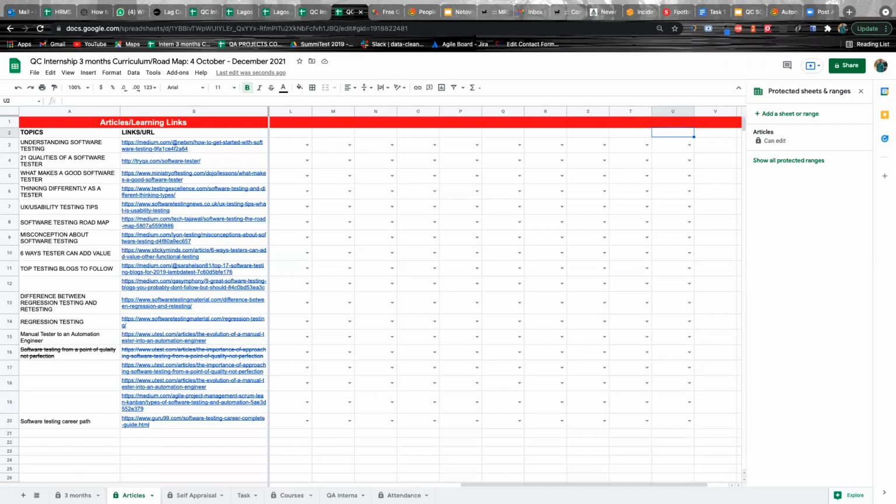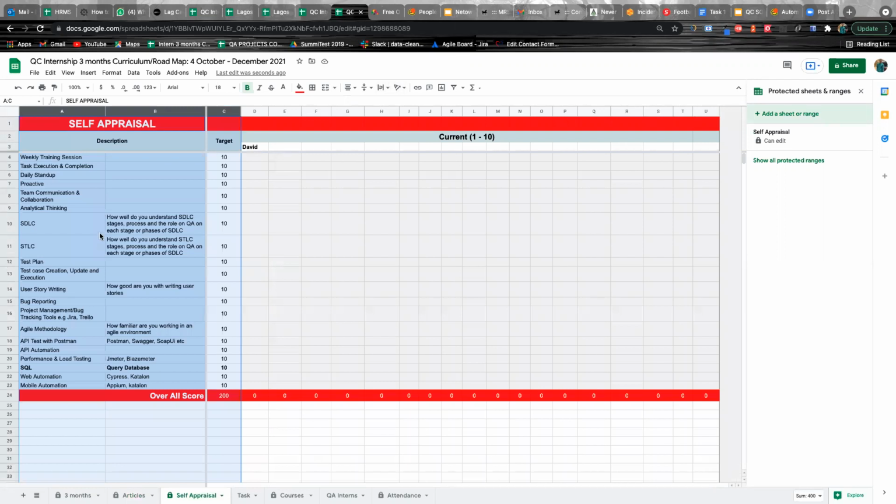So the next tab on the sheet is self appraisal. Like I said, for every weekly training session, we have to appraise ourselves, so we can track our success record and how you are doing and how you are performing. The first one is test execution and completion.